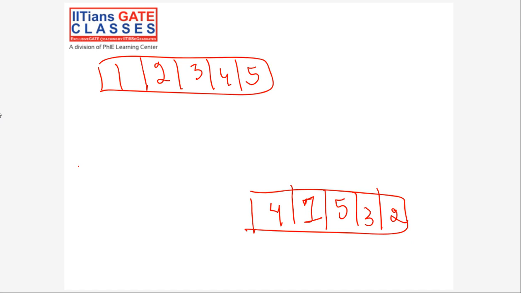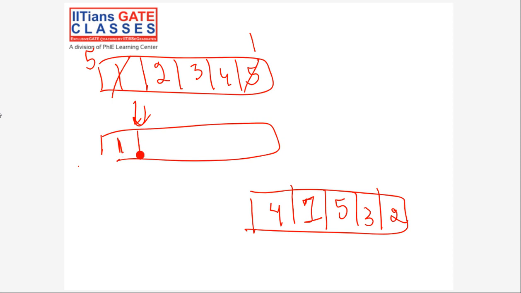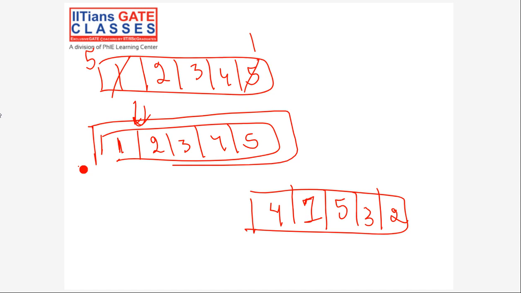I told you the quicksort algorithm when you take the pivot element as the last element. When you have to select the pivot as the first one, always do one thing: take this element and swap it with the last element. So you swap this and this, and now run your algorithm. When you run the partition algorithm, you get this as the final output: 2, 3, 4 and 5. Are you getting this as the final output?